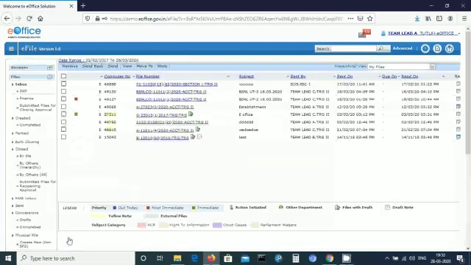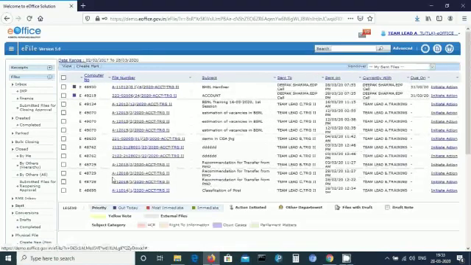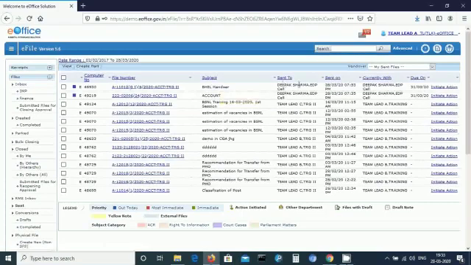If you want to see your sent file, click the send button in the file inbox. Let me select send. Now you can see that the file has been sent, with the computer number, file number, subject, sent to Deepak Sharma, dated with the time, and it is currently present with Deepak Sharma, with the due date also mentioned. Now you can directly create a file by clicking the create new button present in the file inbox.